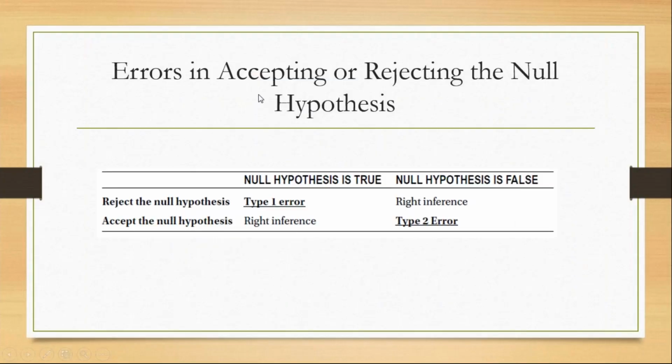That errors in accepting or rejecting the null hypothesis. So there is mainly a type 1 error and type 2 error. So quite basic things: what is my type 1 and what is my type 2, and which error should be given more priority or more weightage, and which should be given less priority. For example,